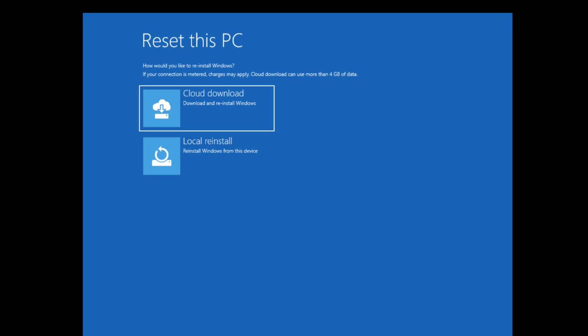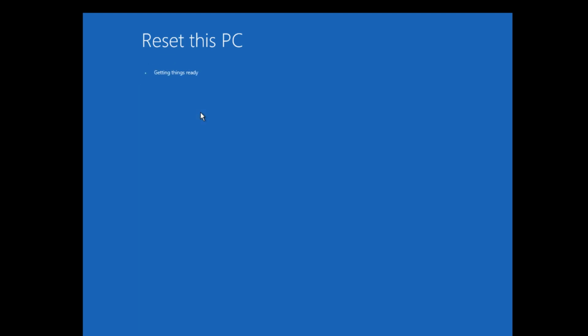The cloud download will download the latest Windows files from Microsoft and use them to reinstall Windows. So I would say 99% the reset this PC will succeed. It will download the latest version of Windows and then reinstall it for you. So in this video I'm going to take you down the route of cloud download. If I click cloud download,